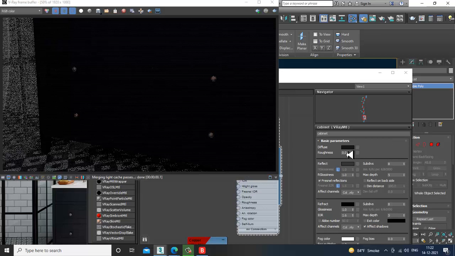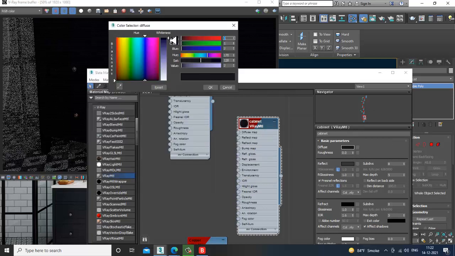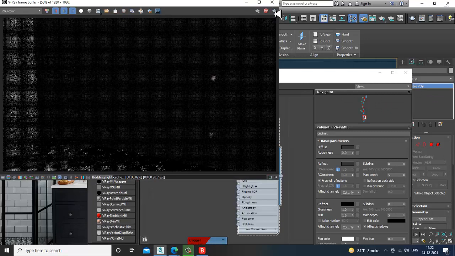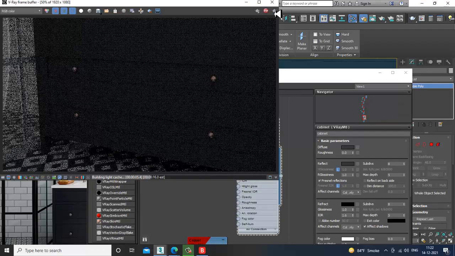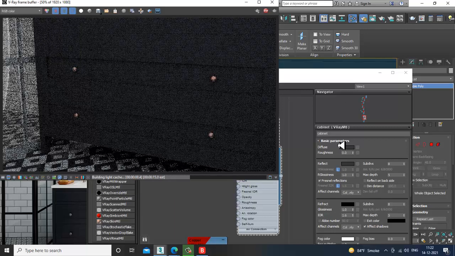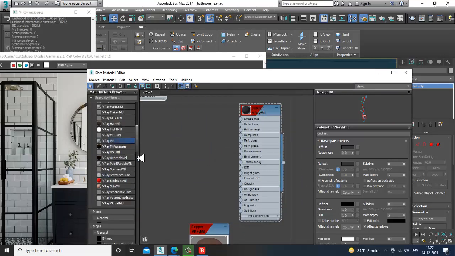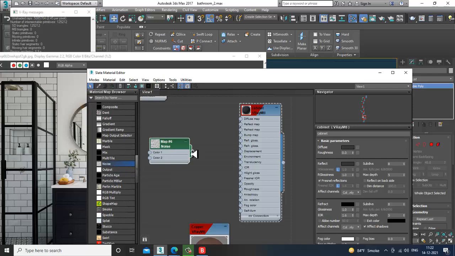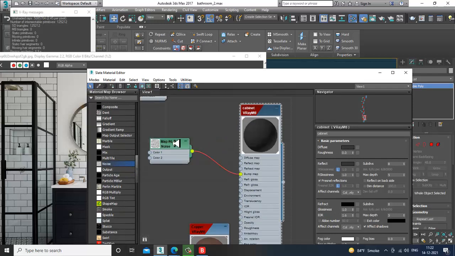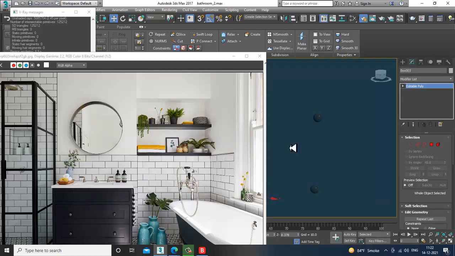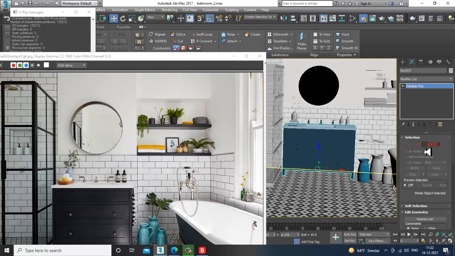Or we can slightly shuffle it a bit. Okay, looks much better now. We can add a slight amount of noise also into it. So I'll go into this and add a bit of noise and connect it with the bump map. I'll go into the noise. I'll keep it as regular 0.02. So very little noise. No need for that much noise over here.